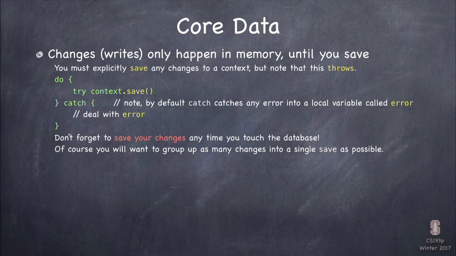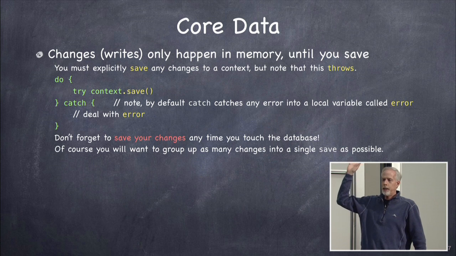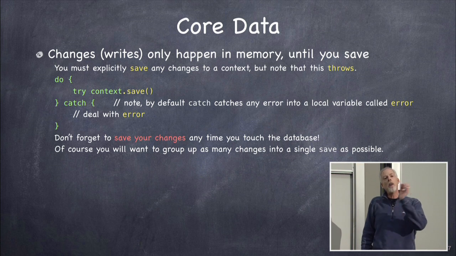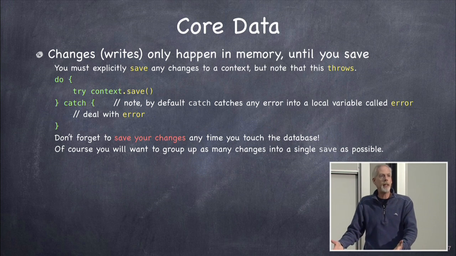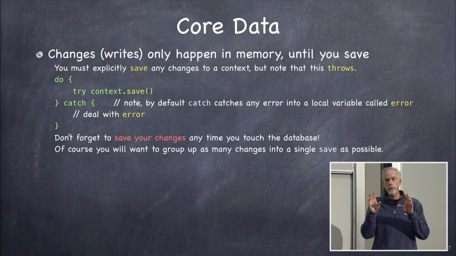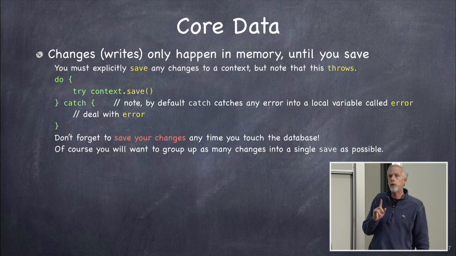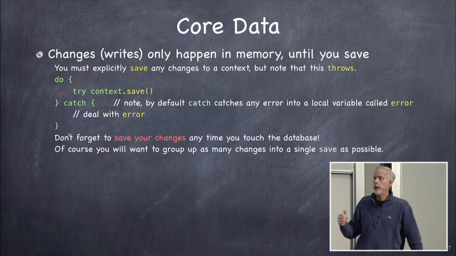So anyway, that's the keys and values. Pretty straightforward there. In fact, we're going to talk about saving right now. You're doing a nice lead in. So yeah, all these changes that you make with setValue and even insert entity description for entity name into context, all that stuff only happens in memory. If you want it to actually happen permanently in the database, you need to save it. And you do that by telling the context, like that viewContext thing, to save with the method save. It couldn't be simpler, except that it can throw. Save is a method that can throw because maybe there's a problem writing out to the database.